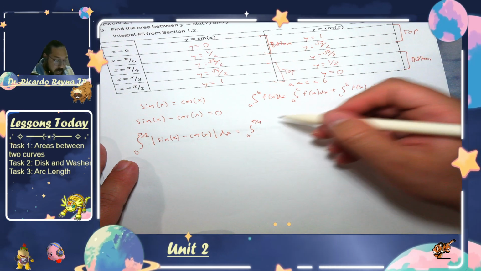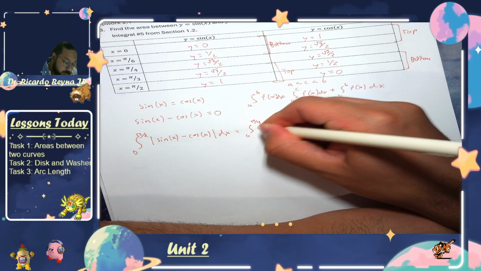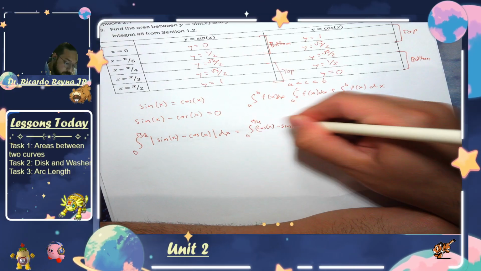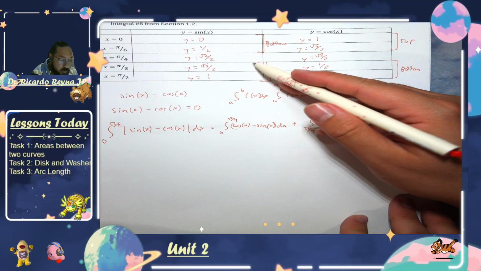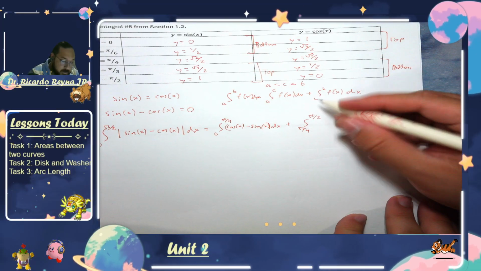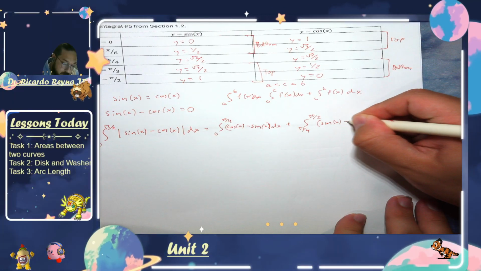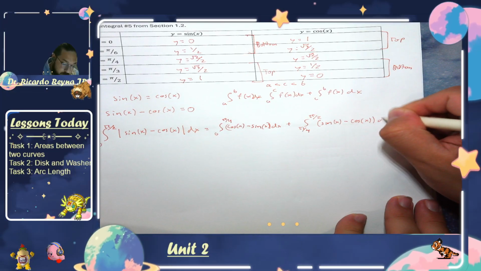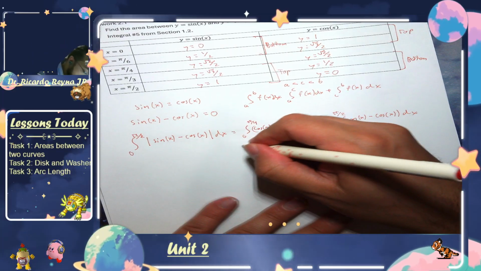At this point, pi over 4, we see that cosine's on the top and sine's on the bottom. After pi over 4, and then we stop at pi over 2, sine's on the top and cosine's on the bottom. And then we're just going to do these two intervals